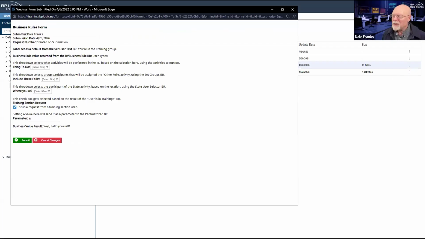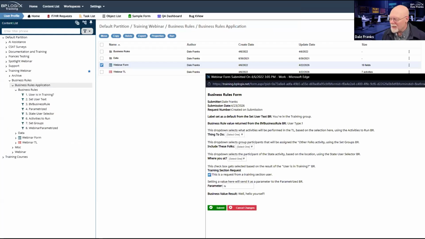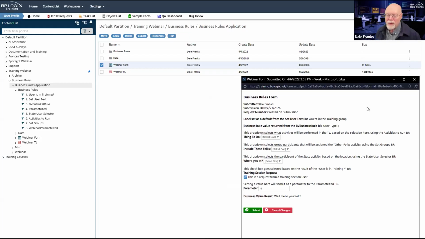It still says you're in the training group, which is pretty much what I want it to say. So I guess my rule still works, even though I removed that association. Of course, that association wasn't necessary, so I got rid of it. So that's how that business rule works. It just tests me as the current user and then returns the appropriate text value.